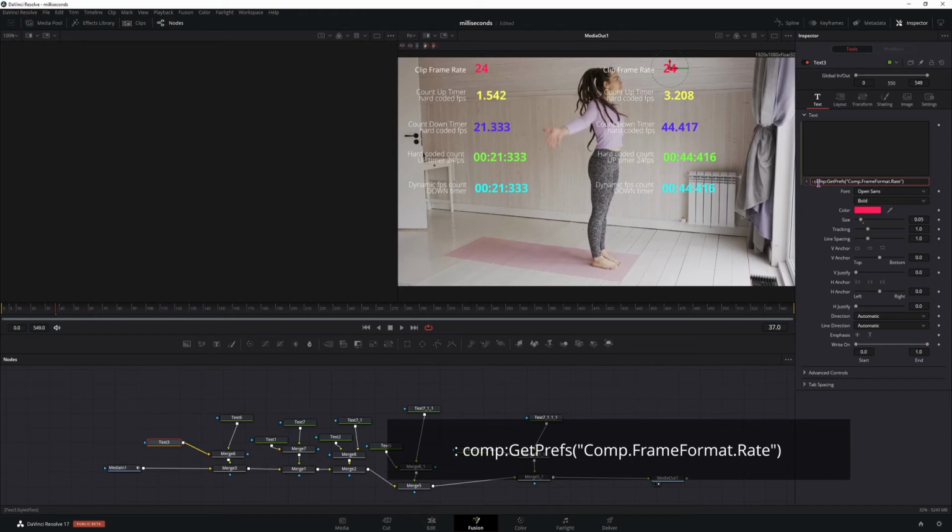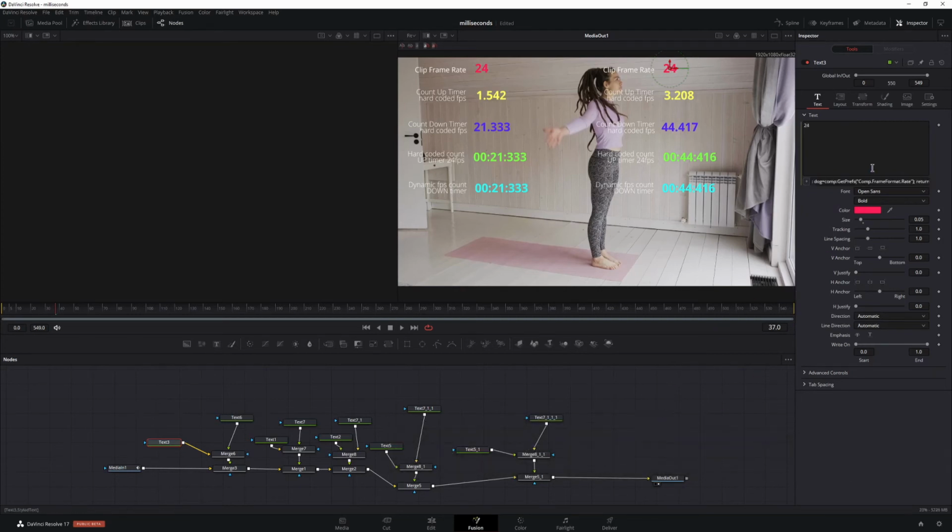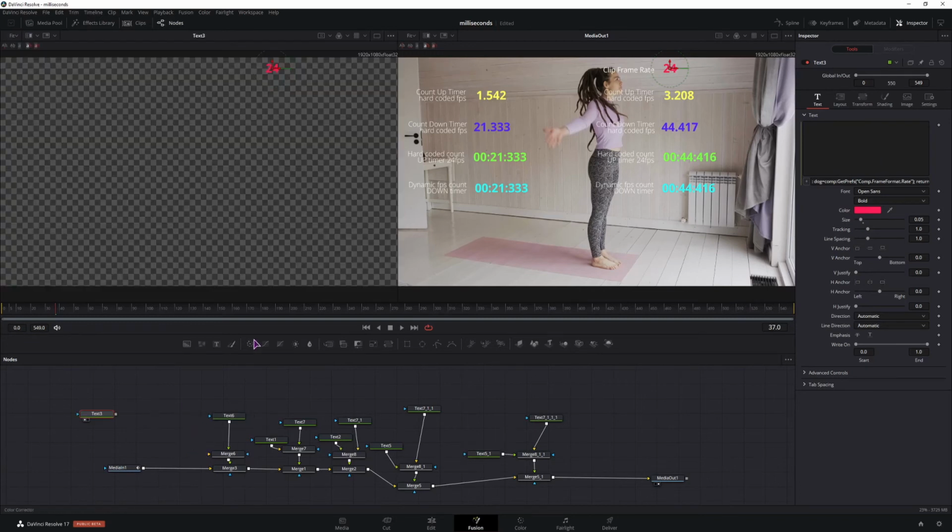We name our variable any way we like. Usually that's an X, but I'll just call it dog for now. Hit equals, and at the end you have to go semicolon, and then you have to return it and say I want to return the dog, which the value of the dog is this expression. What's cool about this is that you don't have to actually connect this text node to anything. So you can just disconnect it, display it like you usually would, and it works.